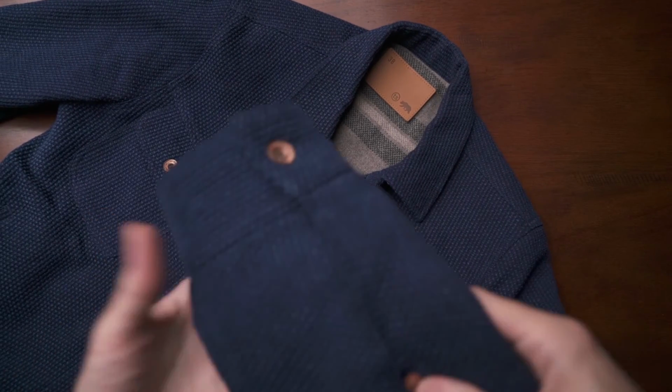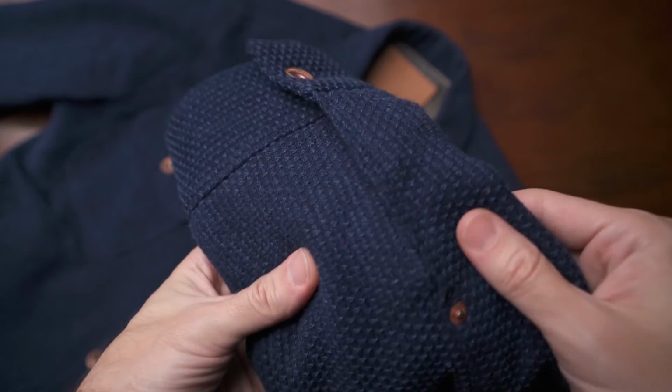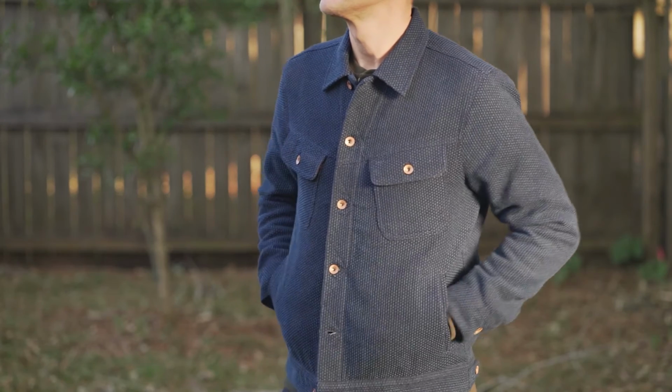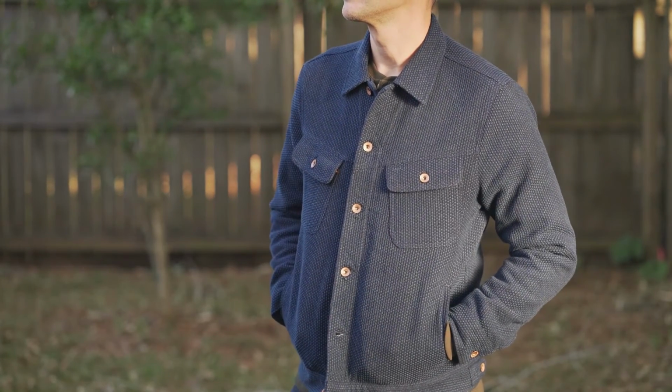Now the outside is a 9-ounce Sashiko fabric that is made in Japan, and the Sashiko fabric is a really interesting fabric. I'm not exactly sure what the process is of making this, but it has almost like a diamond type of raised texture, and it takes indigo in a really uneven way. Whenever you look at it, it looks like it has this 3D texture to it that has these deep dark blues with these triangular or almost diamond shaped lighter peaks to it. There are also some almost hints of purple in there as well. It's beautiful to look at,